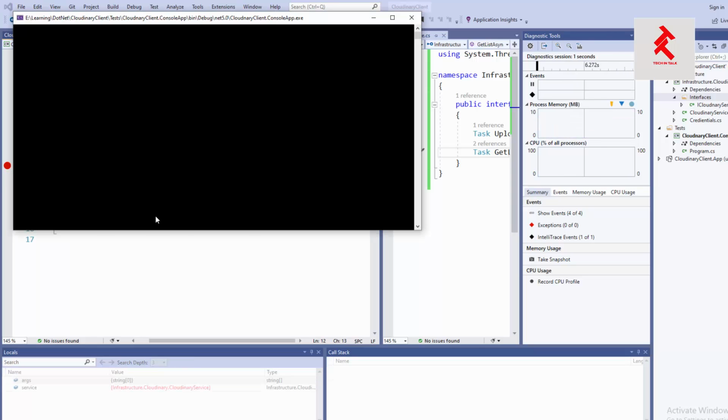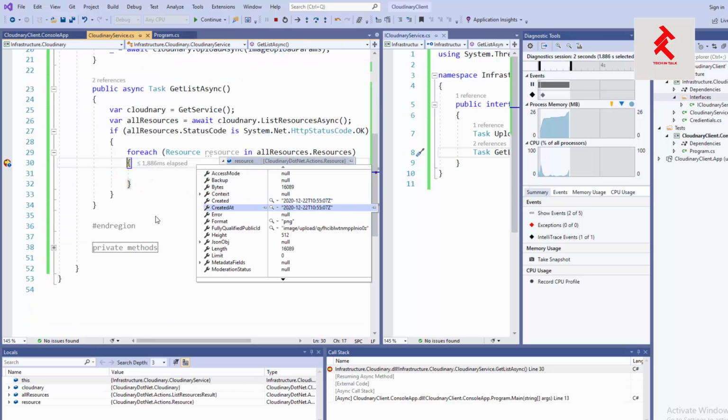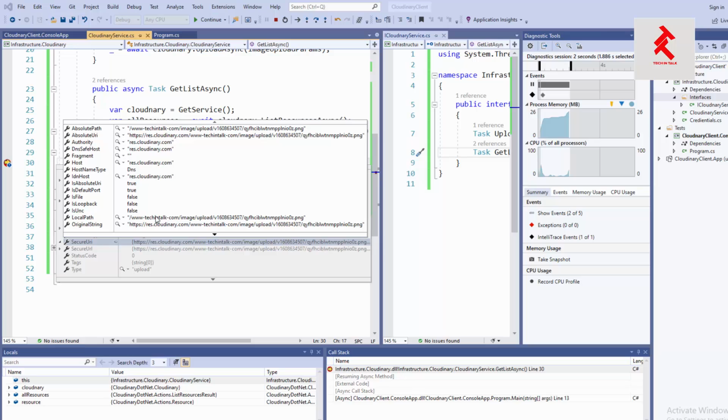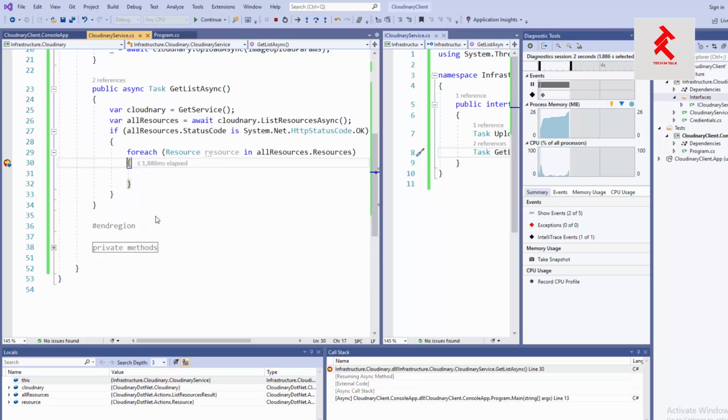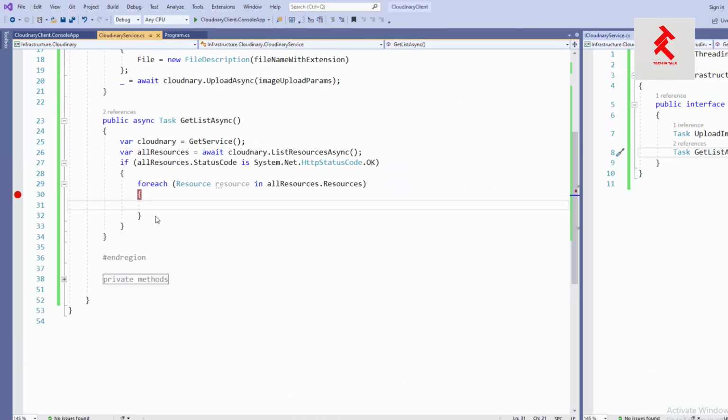All right, so we have resource now, and in the resource we have secure URI. Yeah, we do have secure URI, and in the secure URI, we need to access absolute URI, right, or original string. We can have any of those. So for that one, let's maintain a list,